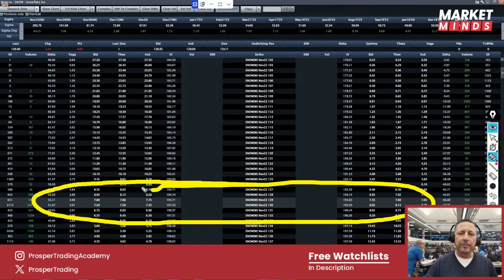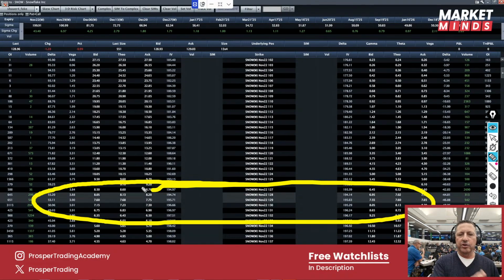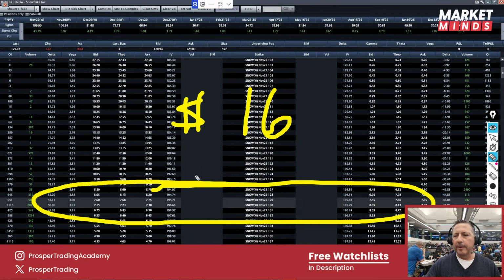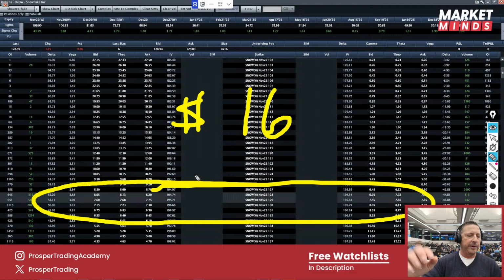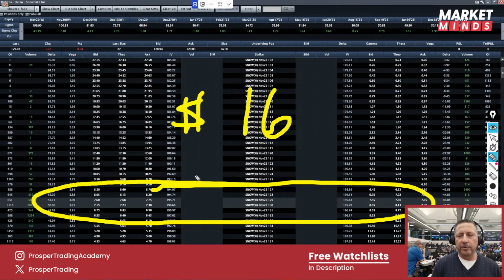Okay, we look at the at-the-money straddle, right? Yes, you can look on Thinkorswim, maybe some of the other platforms, and it's going to tell you what that expected move is. But we got to learn things the old-fashioned way. So how much is the market pricing in here, guys? If we look at the 129 at the money straddle, it's right about 16 bucks. Would you guys agree with me on that? Give or take.